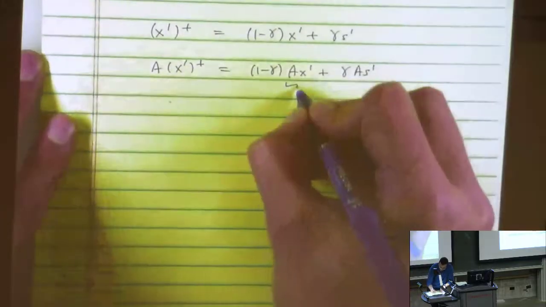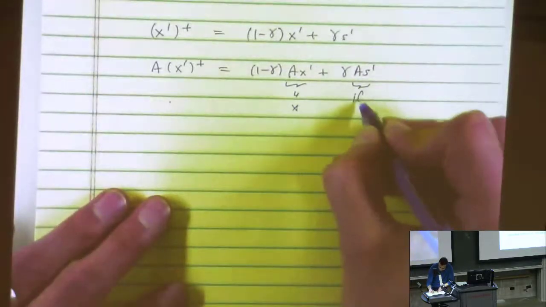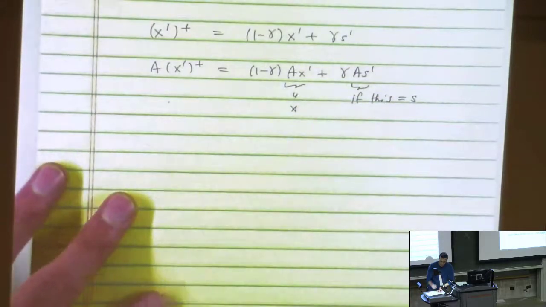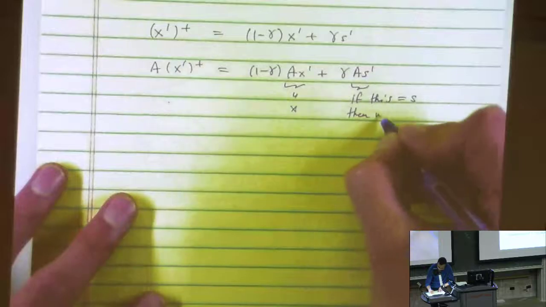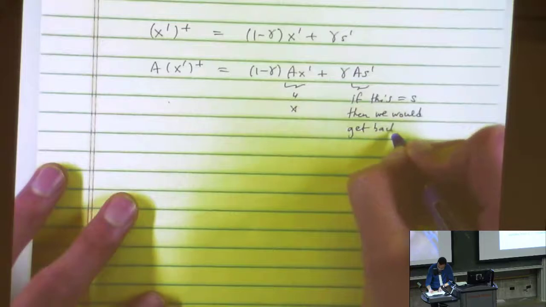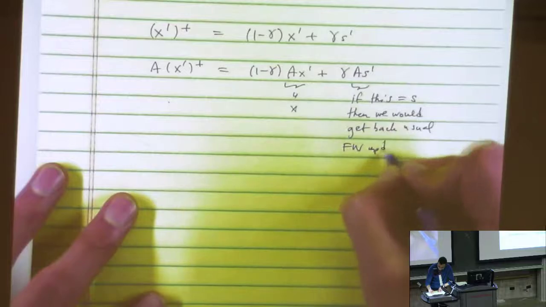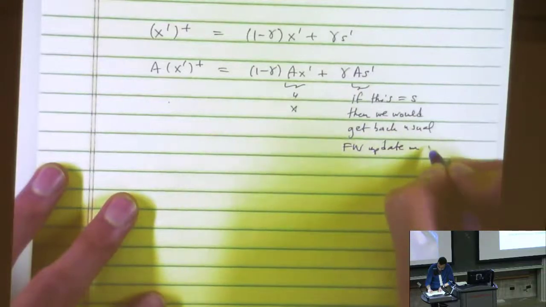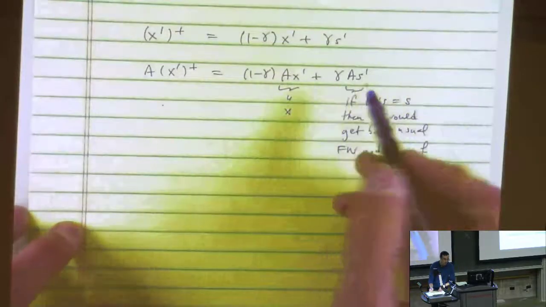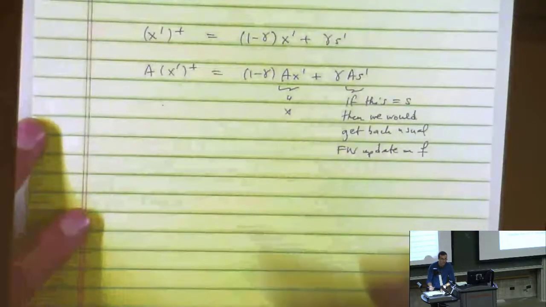And this thing we're calling x. So if this thing were equal to s, which was the Frank-Wolfe update on little f, then we would get back the usual Frank-Wolfe update on f. Right, so now we need to check that somehow the Frank-Wolfe update s prime on capital F, after